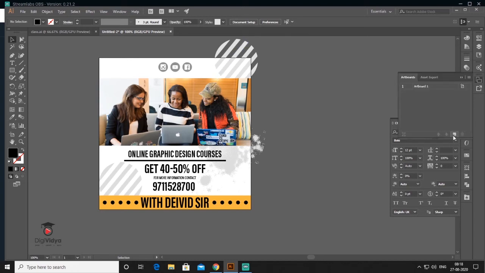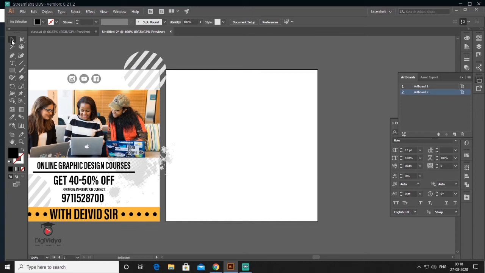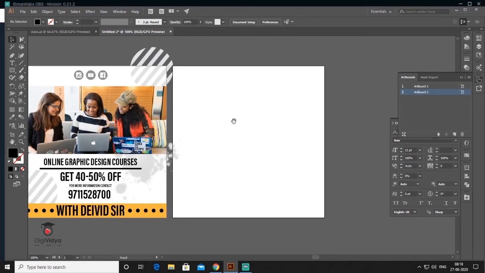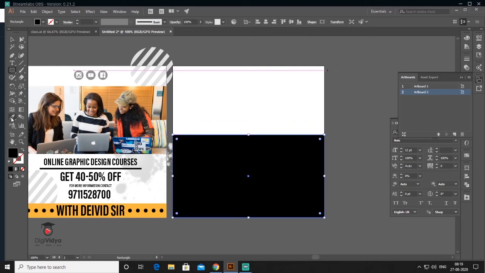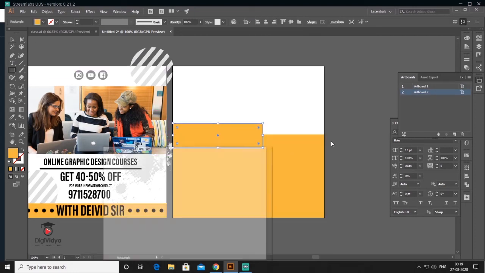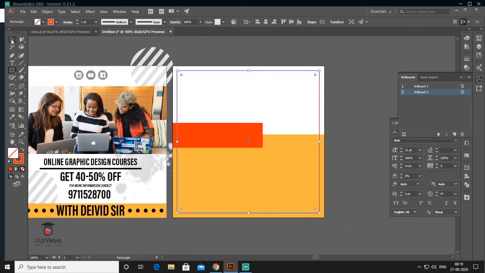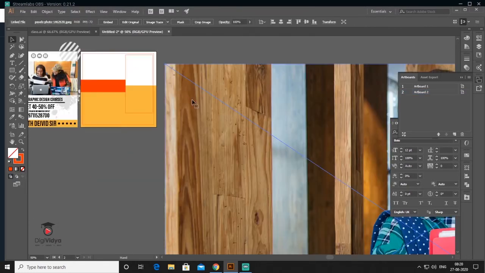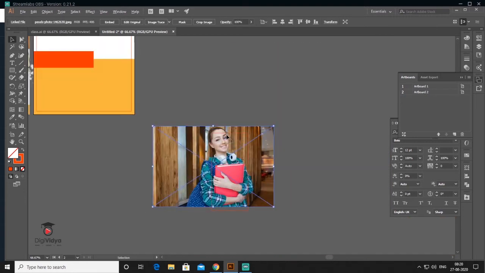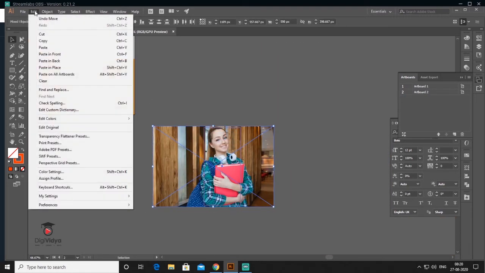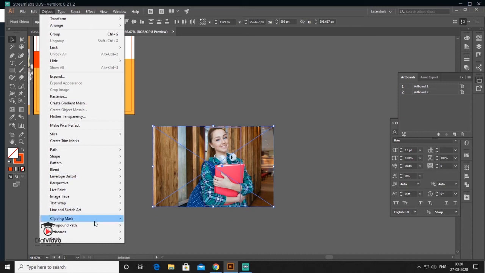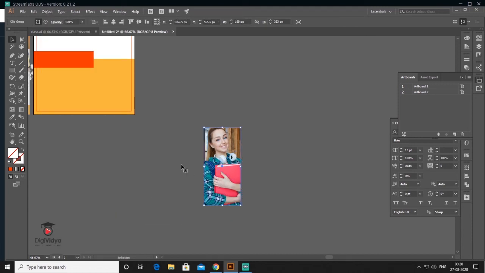So go to artboard and create an artboard. So here what I want to do, select both of them, go to object, clip mask, make.